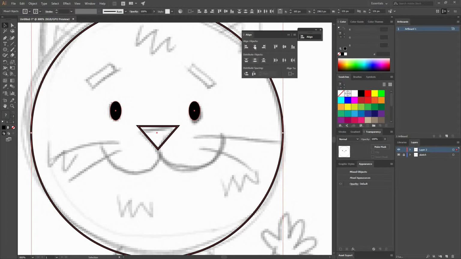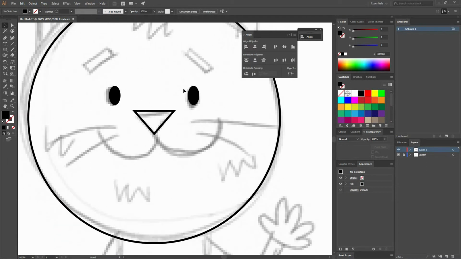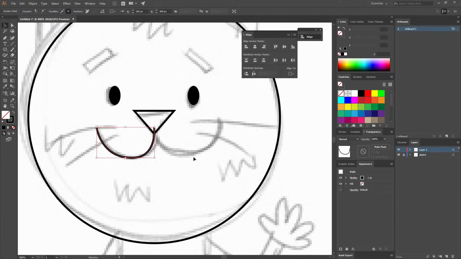So you can go here to Window, Align. We're going to be aligning the objects, so we're going to select both of these, then click again on the circle to make it a key object. You can see how the outline changed a little bit, and then just keep aligning them. Now I'm going to go to my pen tool, press P, and make a line that is a little bit curved. I'm going to swap this because I only need the stroke and not the fill. And you can go to your direct selection tool and keep improving the curve until you are satisfied with the result.